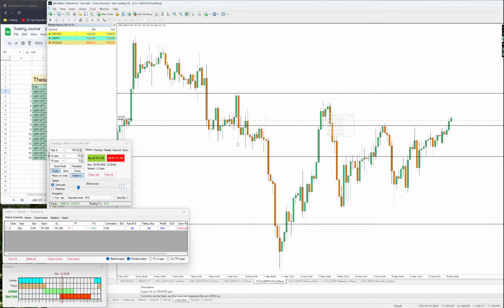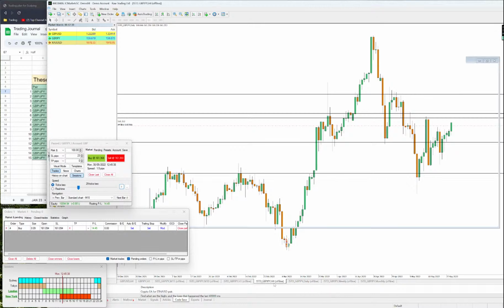But yeah, let's see. Let's see, we can still push. How many pips are we? We are 18 pips, 19 pips. Let's go ahead and put, we are $14 and